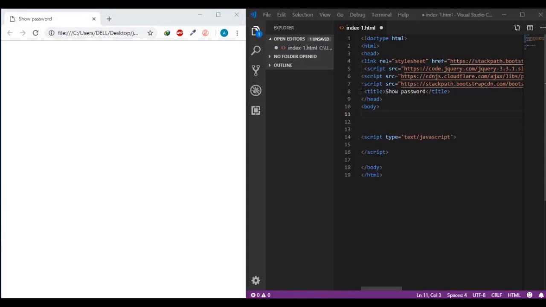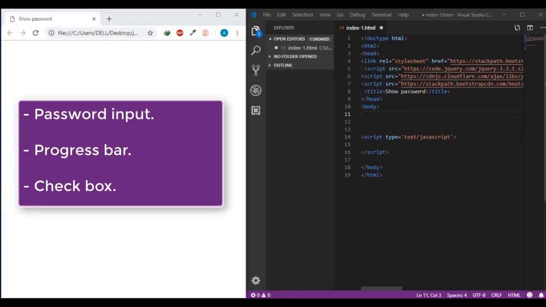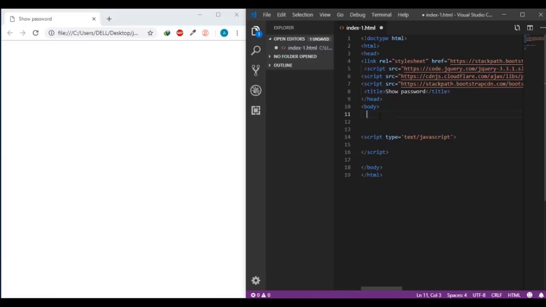The HTML structure for this exercise is a password input, progress bar, and finally a checkbox. So let's get started. So here is a form tag, and firstly let's make a label for the input, and it will be for. So it will be the ID for the input. Let me type something like insert your password,